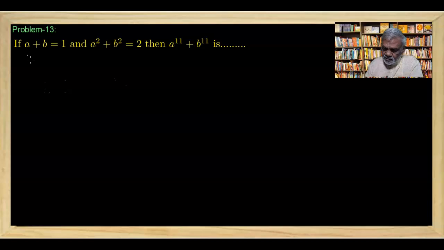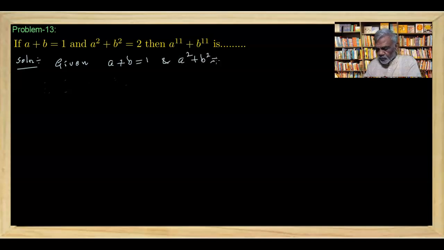Solution for this: given a plus b equal to 1 and a square plus b square is equal to 2. These are the two facts given. With the help of this, we have to find out the answer. Now,